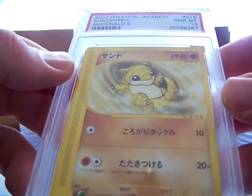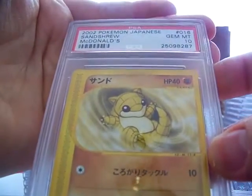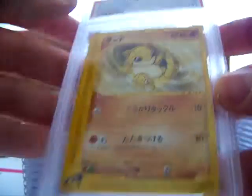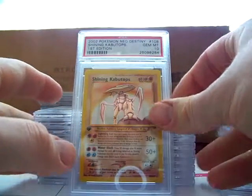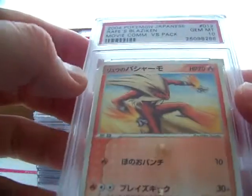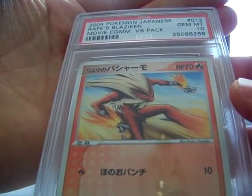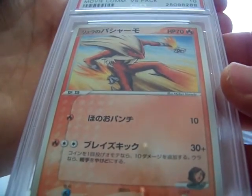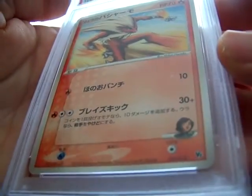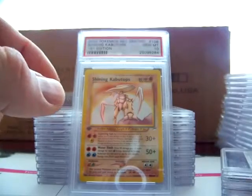And then a McDonald's Sandshrew. This one's really cool looking. I like the artwork on this one. Came back a Gem Mint 10 as well. And is Blaziken from a movie VS pack type thing. Came back a Gem Mint 10 as well. So congrats. It's a pretty cool one. I have this one myself. Yeah, I think mine's like near mint. So